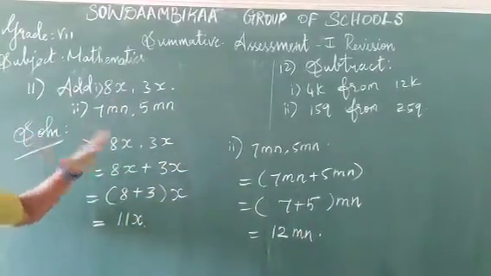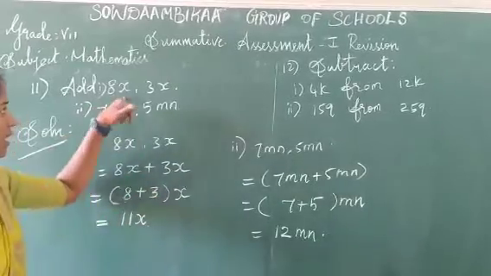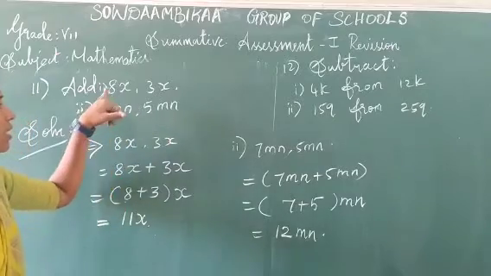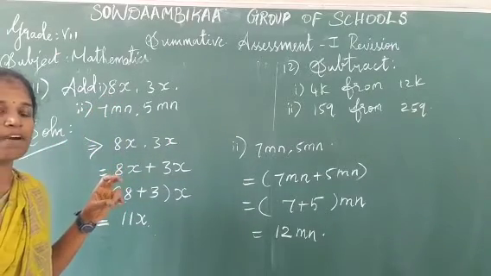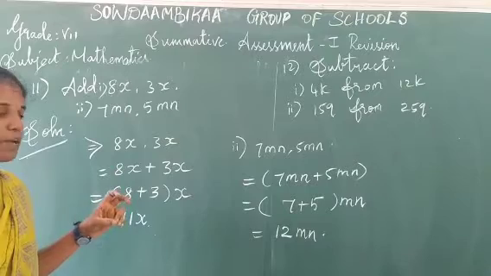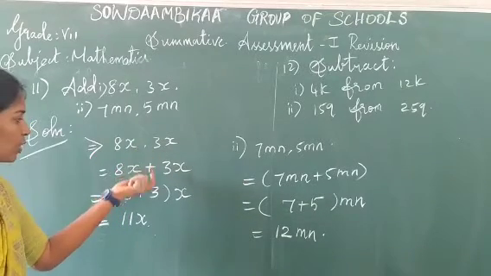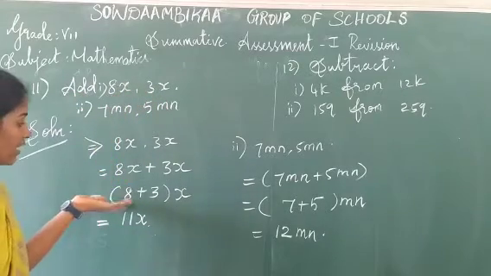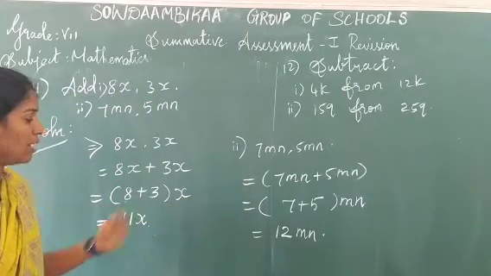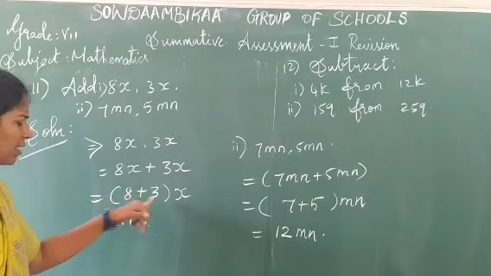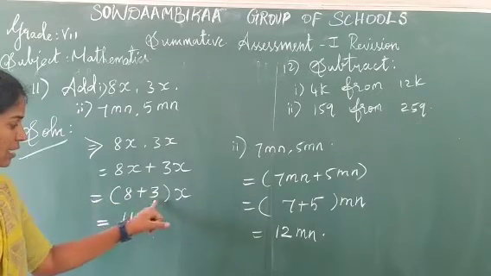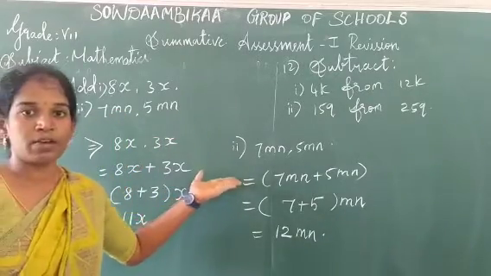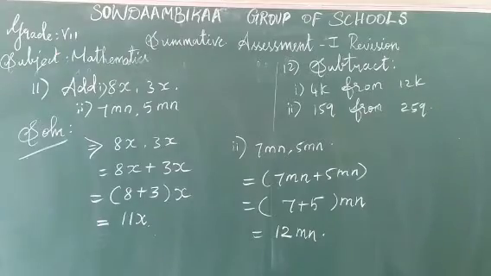Once again listen here. We have to add or subtract only like terms, x and x. We should remember the variables. What are the variables? The alphabets a to z, the small letters of the alphabet. That is the variable. The first step, we have to put the addition symbol because we add the integers. Take the second step, take the variable outside. Remaining numbers should be added. 8 plus 3 comes 11x. The same method we have to proceed for the second sum also. Do you understand here?